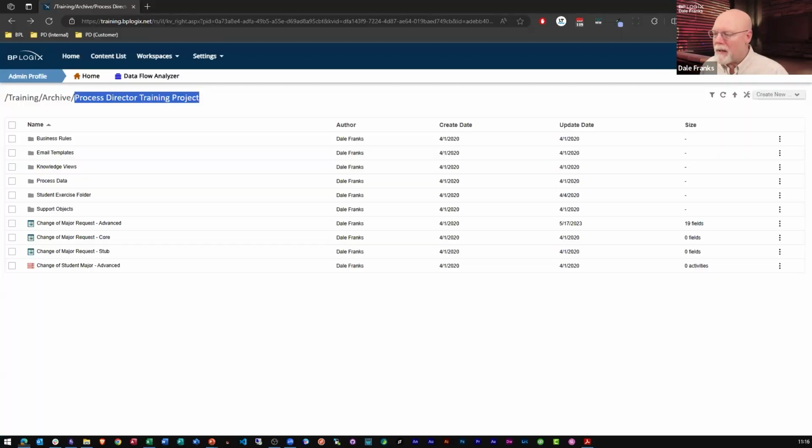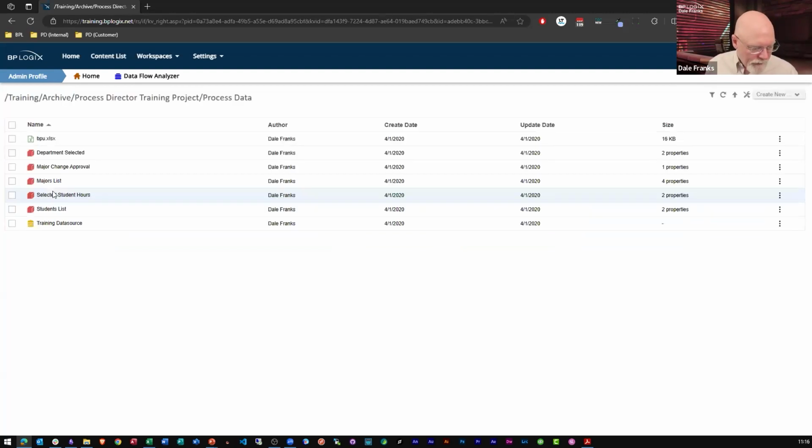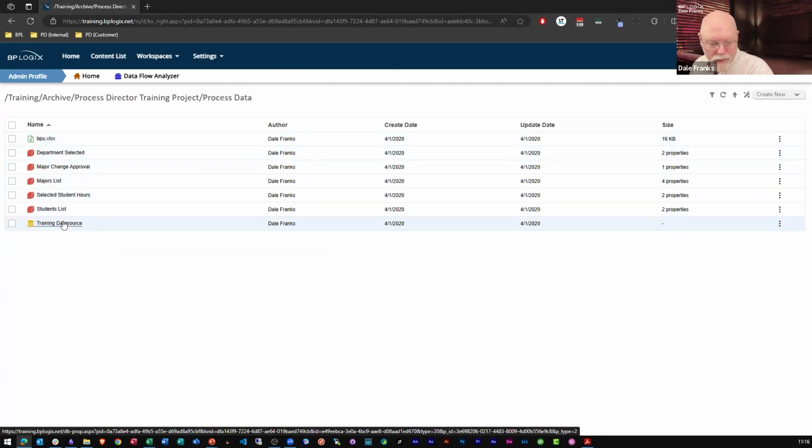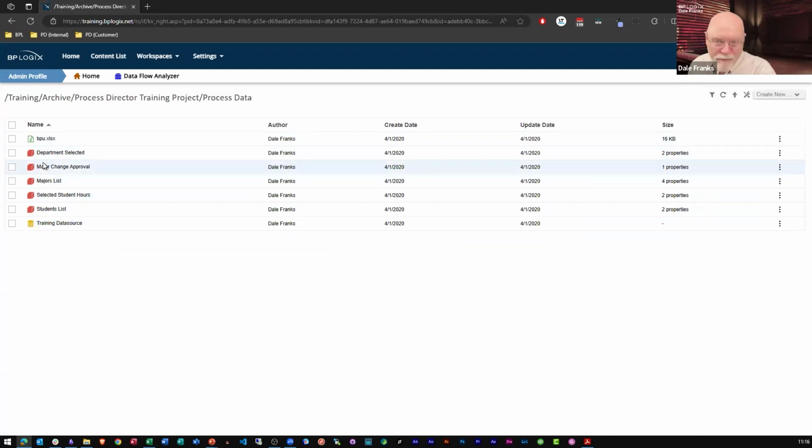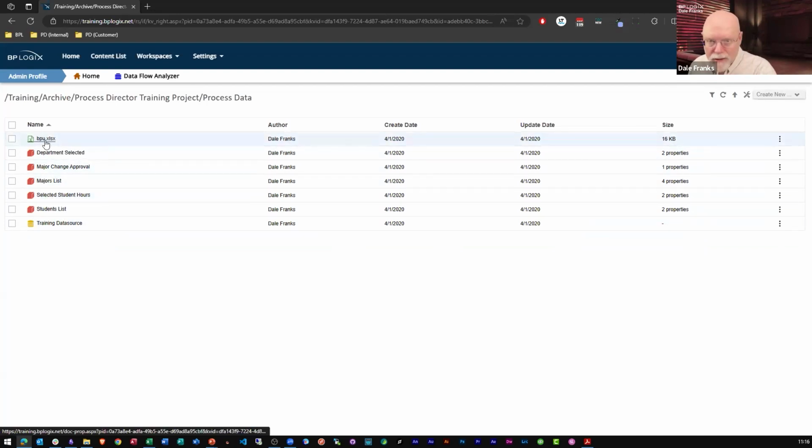So again, if we go back and look here, technically, I have something in this application I shouldn't have. And the reason is because I need this application to be exportable all as a single package. So it contains objects that you normally wouldn't have on your system. So something to think about when we go into the process data folder here. Well, if I click on the process data folder, I've got a data source in this folder, as well as 1, 2, 3, 4, 5 business rules. And of course, here's the base data for it. It's an Excel spreadsheet that gets all of my sample data.